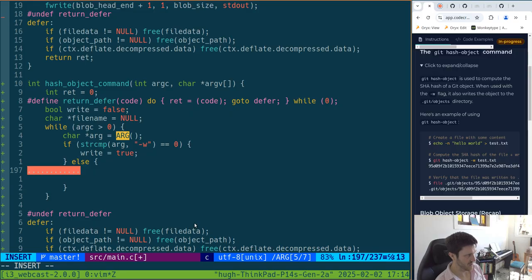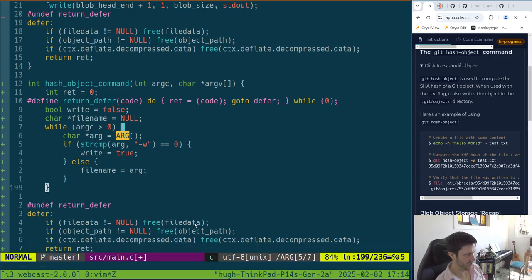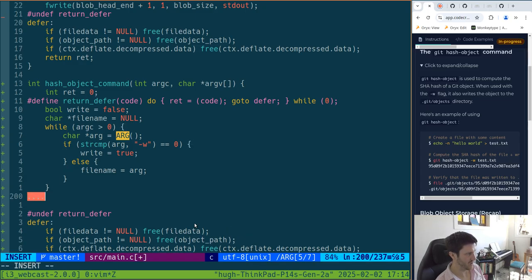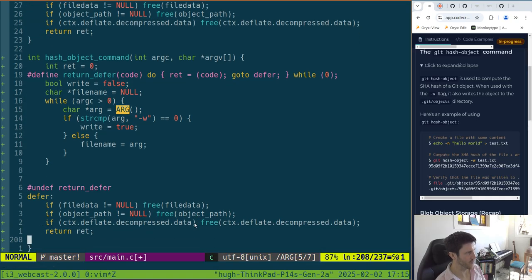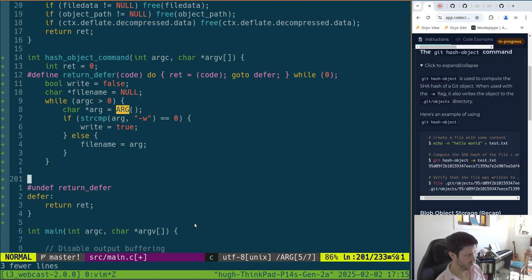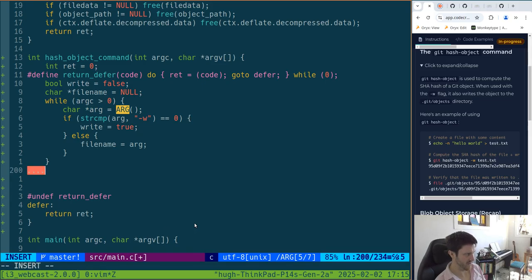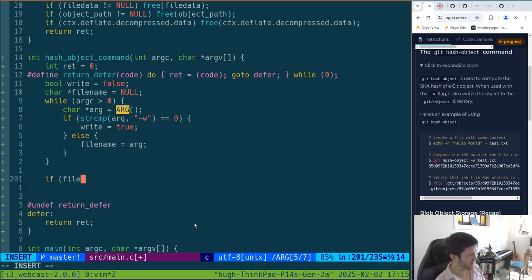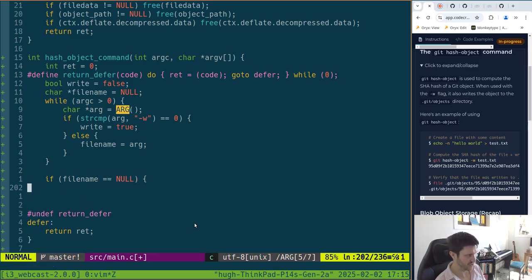And if we just have an extra arg that isn't handled in our current handling, then it would be like that. So I think that is probably that, and we don't have any of that stuff. Cool. So after this, we should have a file name. So a file name equal null. I guess in this case, does that mean it just automatically is